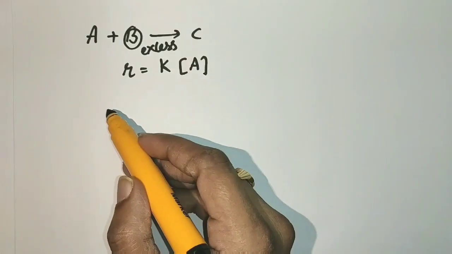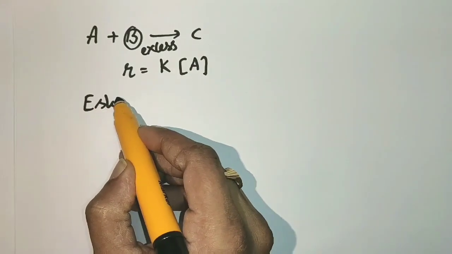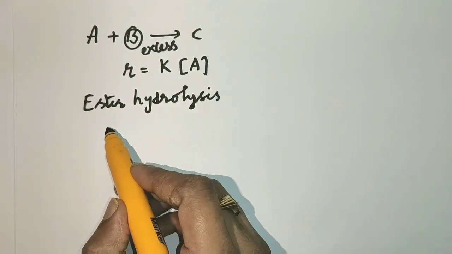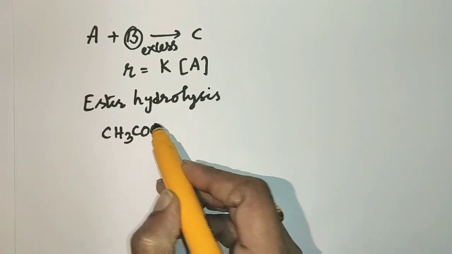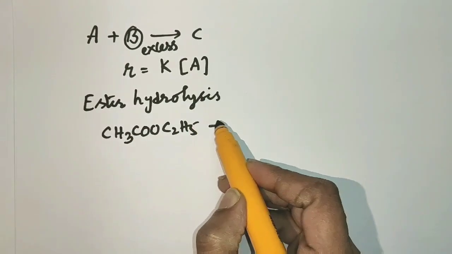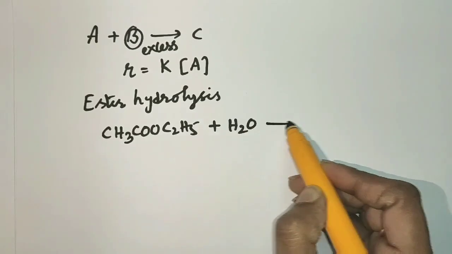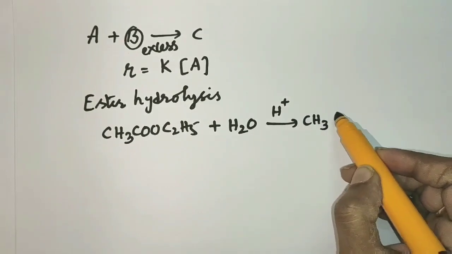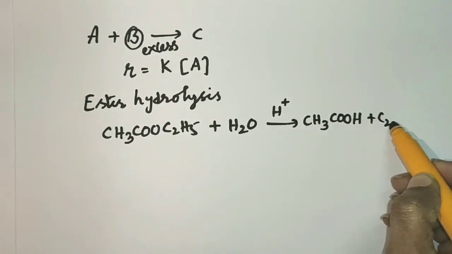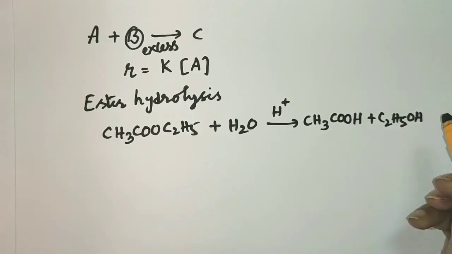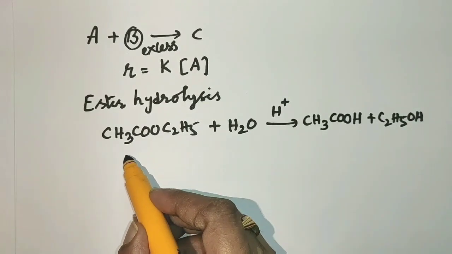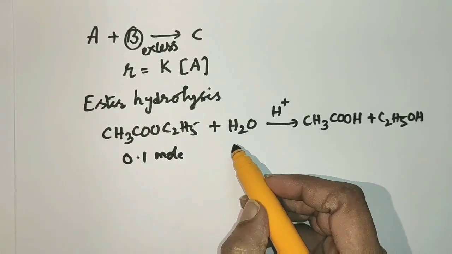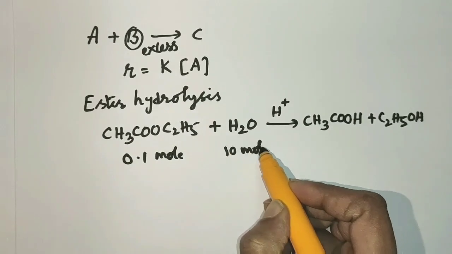For example, ester hydrolysis. Generally, in hydrolysis reactions, water is taken in excess. Ethyl acetate, when it undergoes hydrolysis in presence of acid to give acetic acid and ethyl alcohol, let us consider 0.1 mole of ethyl acetate is allowed to react with 10 moles of water,